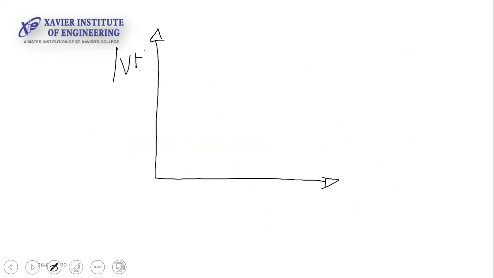Now suppose we draw a graph, as we are still understanding the transmission line in the process. Suppose I draw a graph of V positive, the real part of the amplitude, versus the distance x that it travels along the transmission line. You know that it is an exponential component that you are getting. So your wave looks something like this, and this is nothing but e raised to minus alpha x. That is the nature of this.